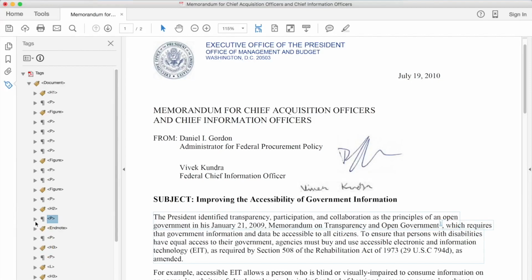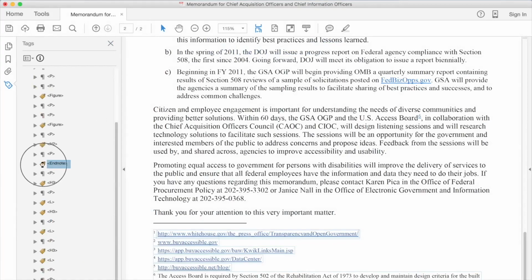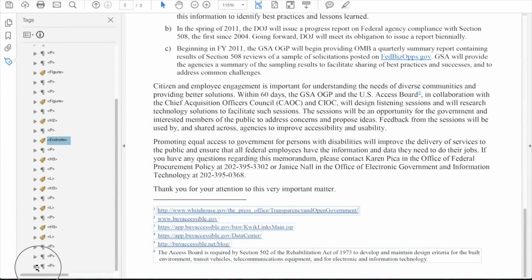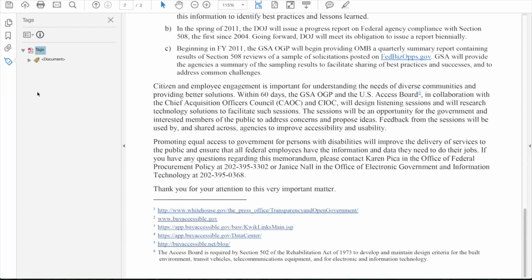I know that this link actually refers to a bunch of endnotes, and all those endnotes are at the end of the second page. I'm going to click the EndNote tag and drag it to the very bottom of the tag structure. I'll drop it directly under the last P tag in the document, and I'll come back to this later. At this point, I'm going to save it again, and all the tags collapse.